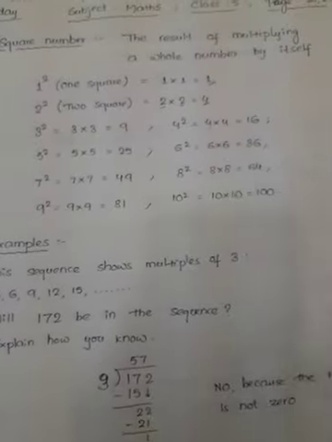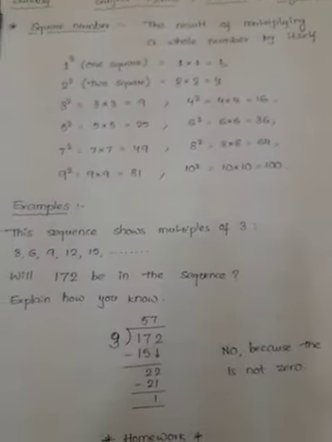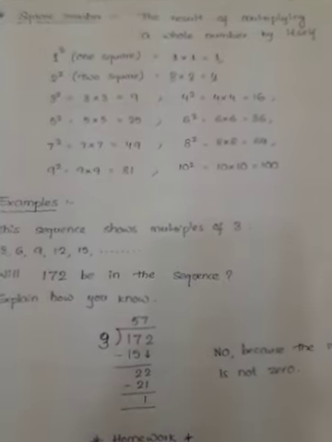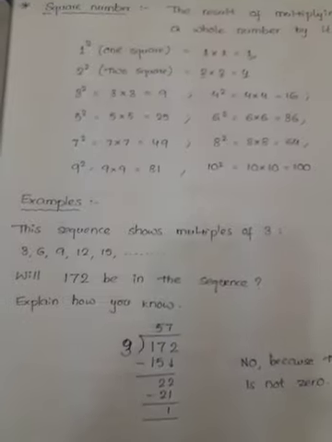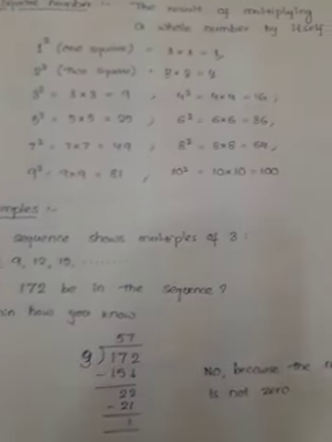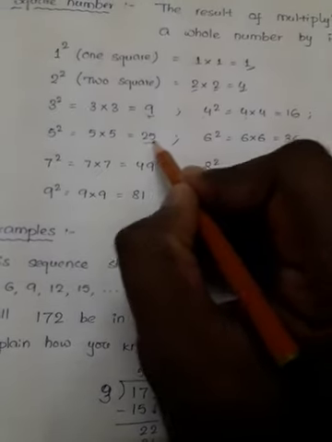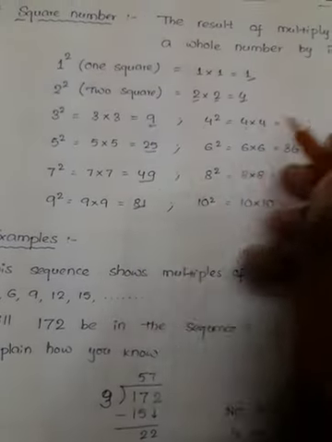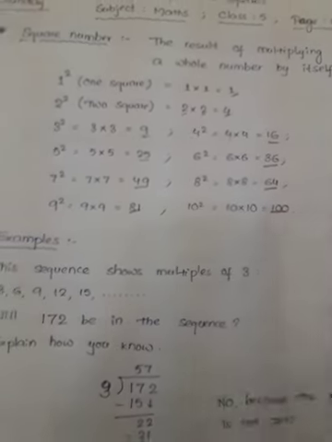So you can remember it this way. Okay, how do you remember? 1 square means 1 into 1 is 1. 1 is the square number. 2 2s are 4, 4 is the square number. 3 3s are 9. That means the same number repeated again. 3 3s are 9, 9 is the square number. Don't think that these are the square numbers, this is the answer. So you can take just the answers. Okay, how do you remember? Just multiply the same number again. Okay, a whole number multiplied by itself.